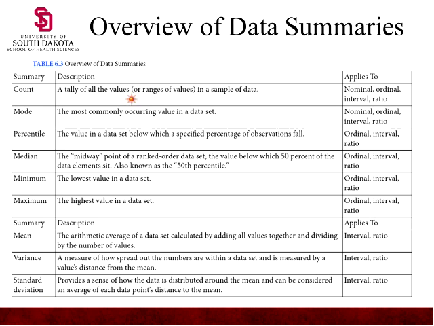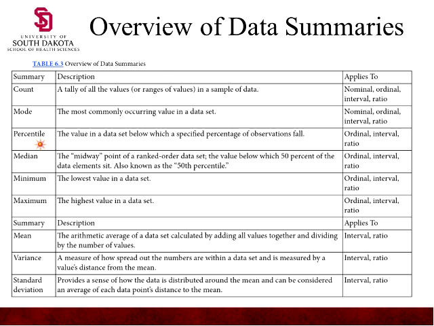The count is just a tally of the values, and it applies to these types of numbers. The mode is the most commonly occurring value in a data set. So if you have 10 different measurements of, for instance, triage of patients 1 through 5, and 15 are triaged 3 and only one patient is triaged for each of the others, then your mode is going to be 3, the one with 15.